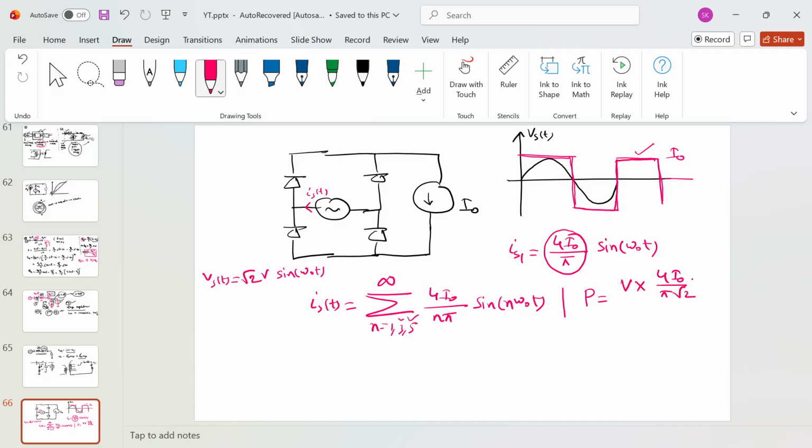This is my active power, but my apparent power will be V into I naught. So if you take the ratio, you will get the power factor of the system, but here you will see the power factor is much less. So to improve this power factor, you have to connect some STATCOM to supply this